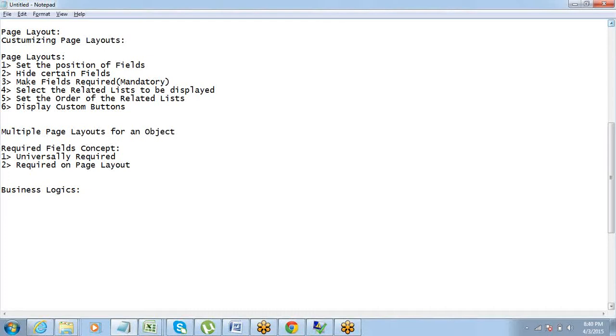And there are four very basic business logics which you can put in Salesforce apps.